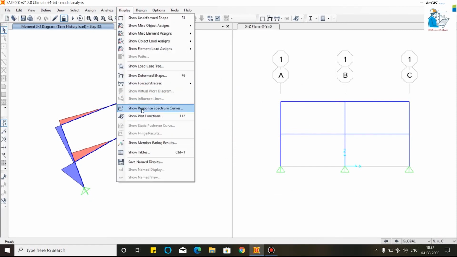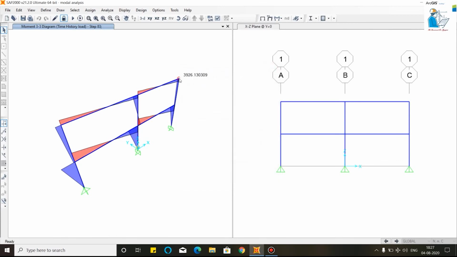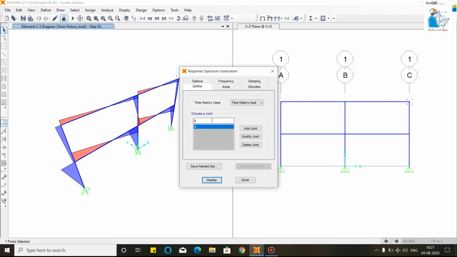Go to display. I will show the response spectrum curve. You have to first select any joint. I will select this joint. Go to display and show response spectrum curve. Go to options and damping. You have to select the damping values. This is the axis.